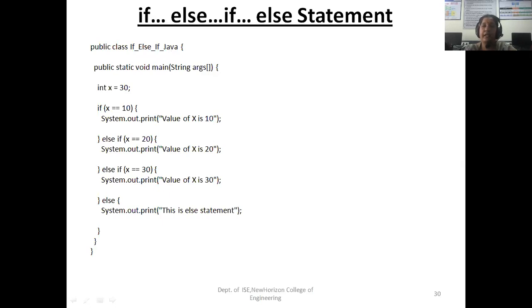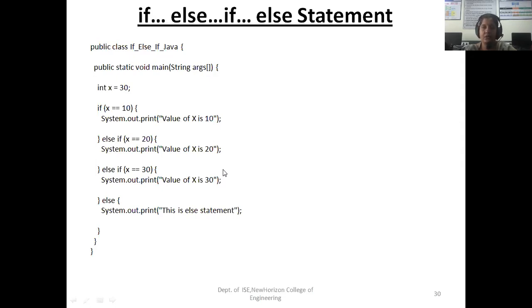Then you have to create a path and you have to execute. But if you use Eclipse, this path creation, setting the path and all is not an issue. Directly we can give, and a few things are built in, for example public static void main. If you create a class, public class if else java, this statement and public static void main with open and closed braces, these things and all automatically will be displayed on your screen. So usage of Eclipse is easy and it reduces the debugging process for us.